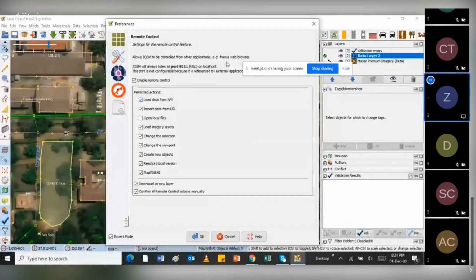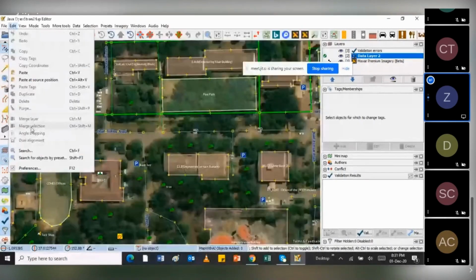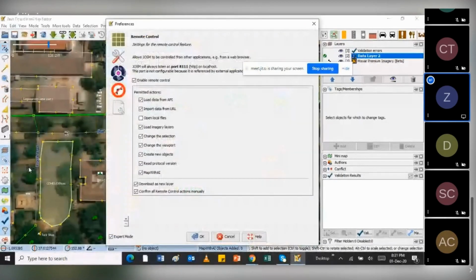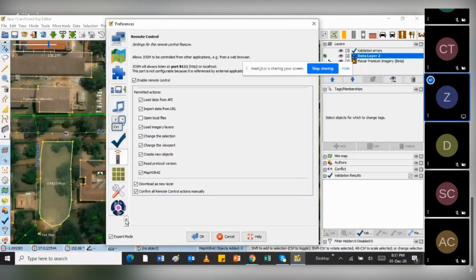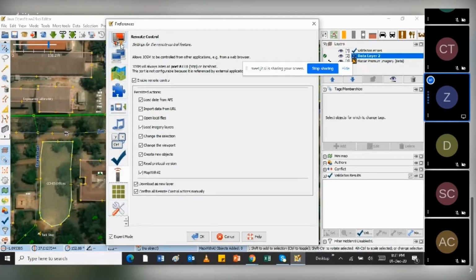It's supposed to bring you first to other tools, but anyway. So there are different settings here for JOSM.